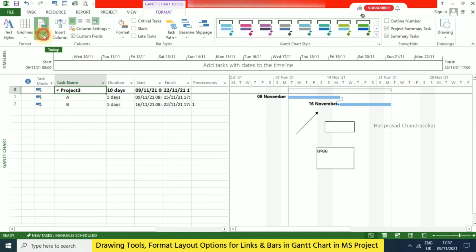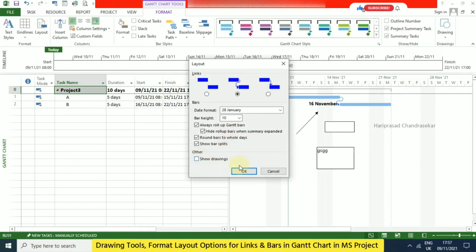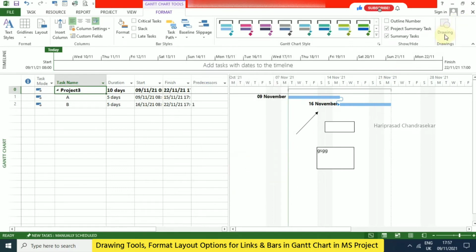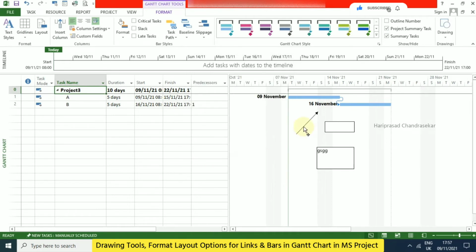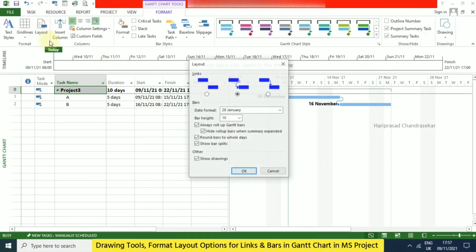But now I'm going to Layout and remove it, so then we can't use any of the drawing tools. But what you drew before in the Gantt chart will still be there. You can't even select and delete it. So you need to go to Layout, make that check and then click OK. Now you can select and delete. This is for the drawing.